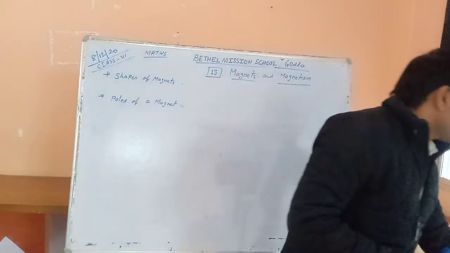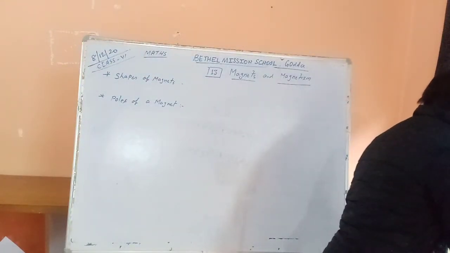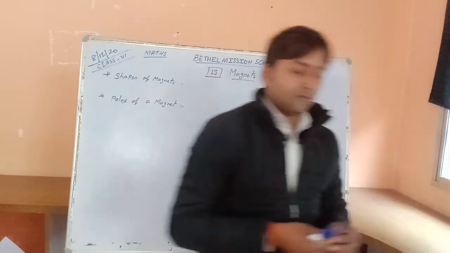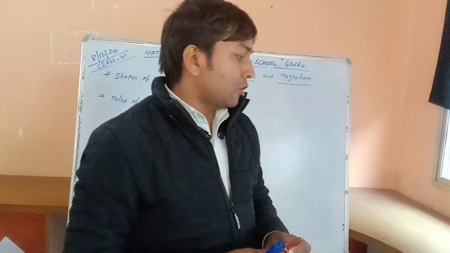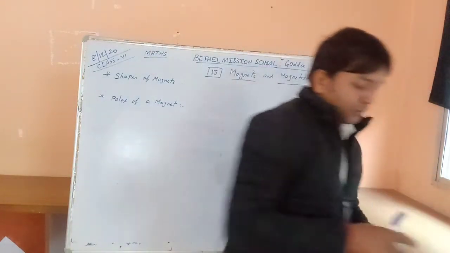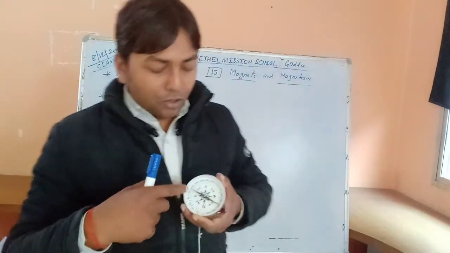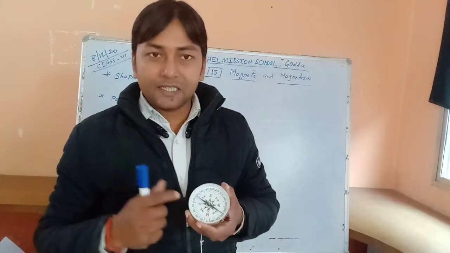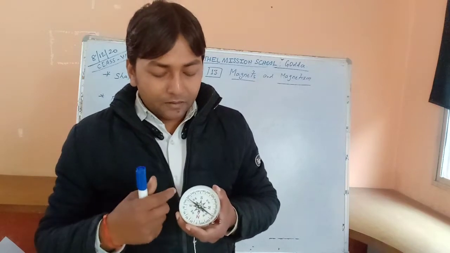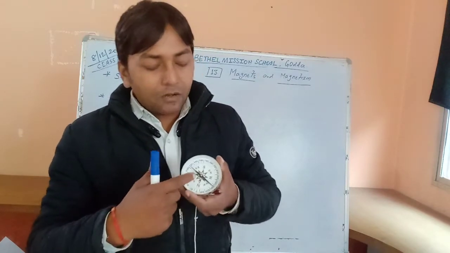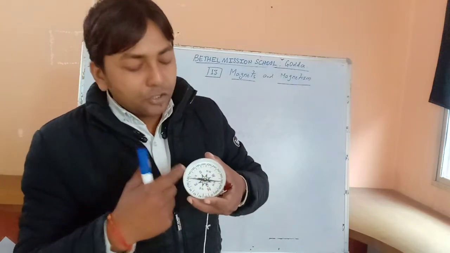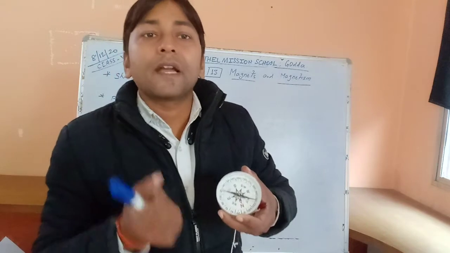Okay, so now you have seen. And also one more type of magnet I show you. This is inside of this case. We will discuss it in a further topic after some time. But now I show you, this is a needle shape and this is also a magnet. So this is a needle-shaped magnet.